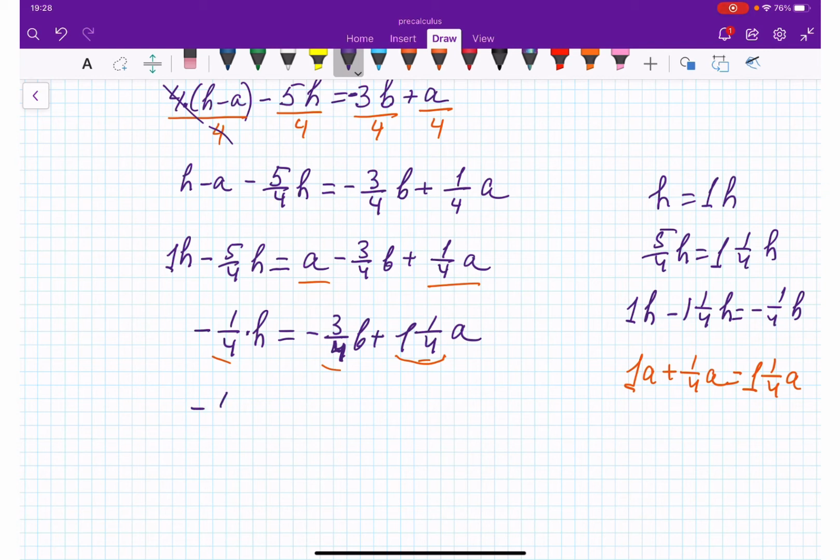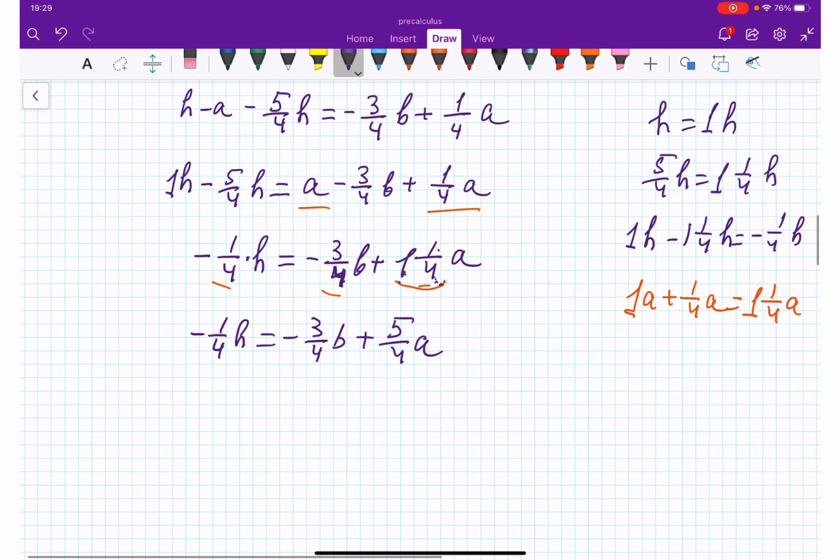So I have negative 1/4 of H equal negative 3/4 of B, and plus 1 times 4 is 4, plus 1 is 5, 5/4A. Okay, now 4 and 4, since it's an equation, I can drop the denominator that is the same across the equation,